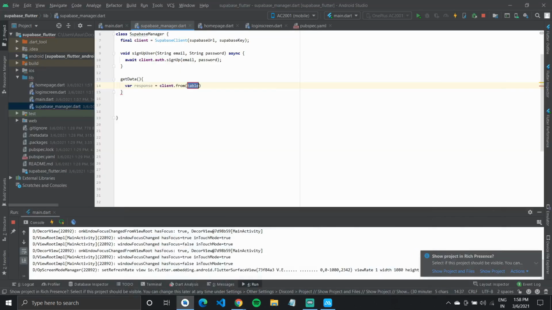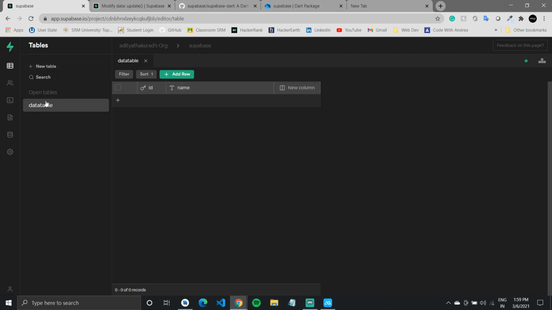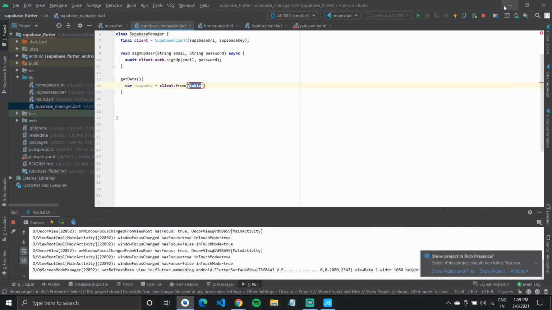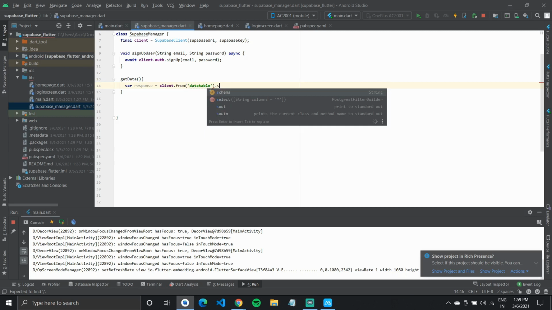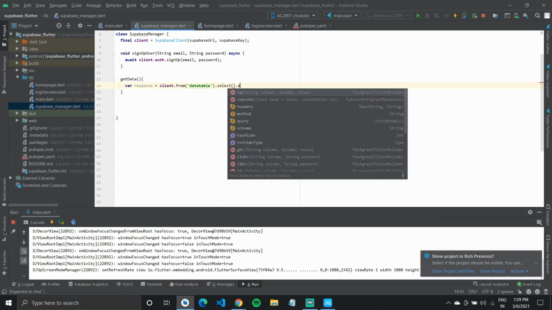So we had created a table, this data table, right? From data table dot select. We have to give it string columns equals star, so I think that would select all, dot execute.